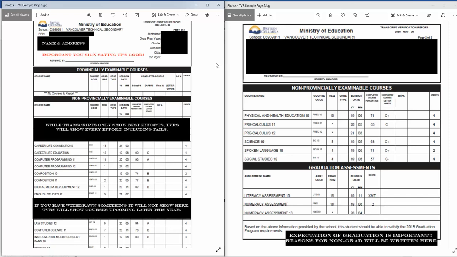The reason it's incorrect is because I believe it's pulling from MyEd, and MyEd, if you've changed addresses and not let the school know or the school hasn't updated it, it's not going to be right. So we want to make sure we get that correct, and so if you need to cross it out and make changes, you can put it right next to it over here. You can give it a little check mark or an initial if it's good,